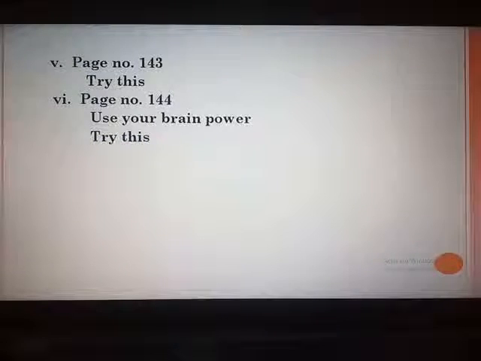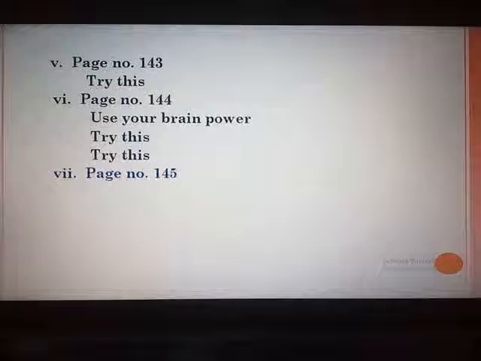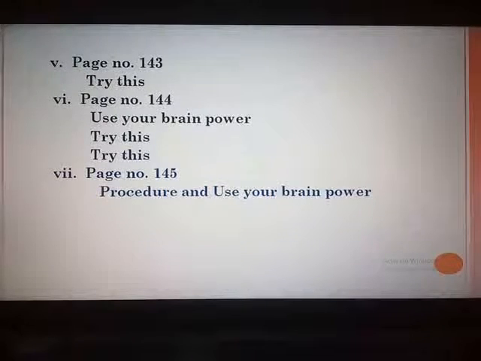Below that you have an activity, try this. Reaction of carbon with oxygen, apparatus, procedure, everything you remove. Below that lies a small activity of apparatus and procedure about the freshly prepared lime water. That part you have to study. Below that you have about carbon dioxide and its occurrence. That part you have to study. And now towards the bottom of the page you have again an activity, try this. For this activity, apparatus and chemicals on page number 144 have to be removed. And on page number 145, right on the top you have procedure. That part has to be also cancelled off.